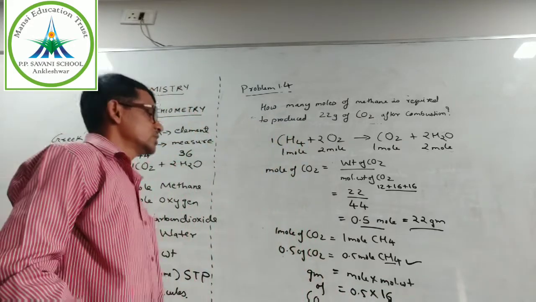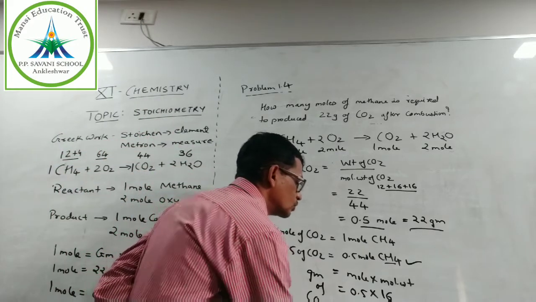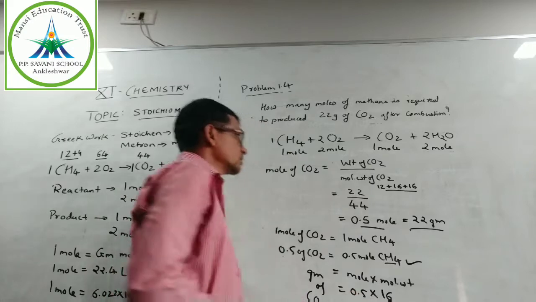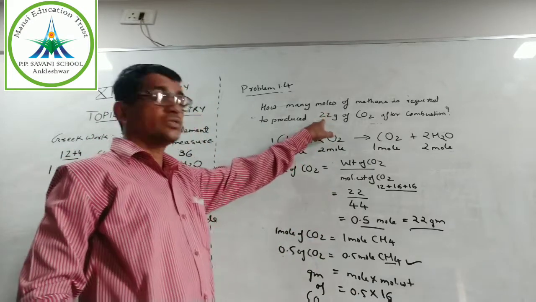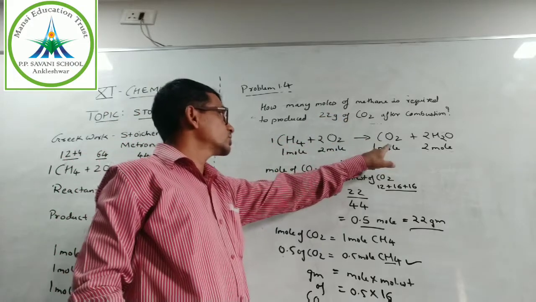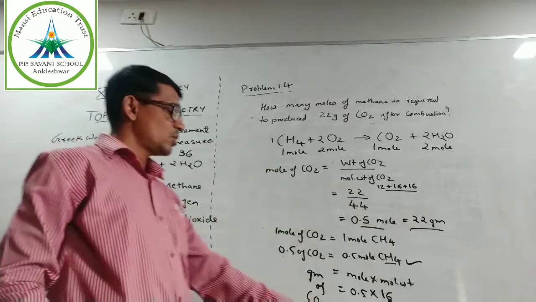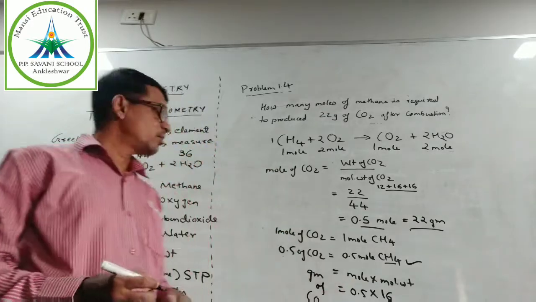So 16 into 0.5, it is 8 grams. So for producing 22 gram of CO2, which means 0.5 mole, we require 0.5 mole of methane or 8 gram